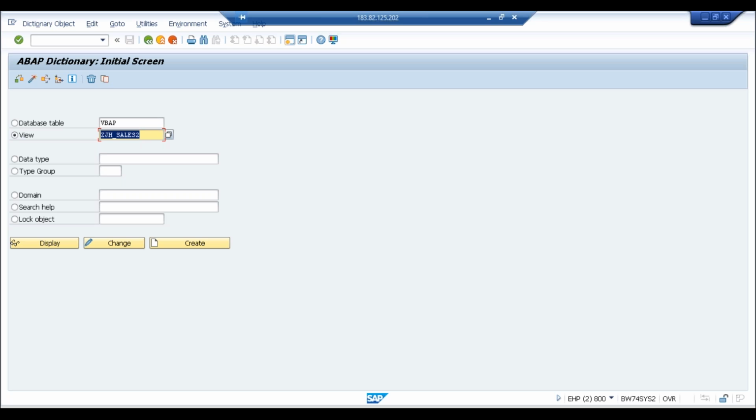So EKKO, EKPO, just try with it, and you can also pick tables from the PDF that I've given you with the list of all the tables. But EKKO or EKPO, please try, and you also write a program similar to this, so that we can get an idea. And if you have any doubts, I'll be clearing them up in the next session.